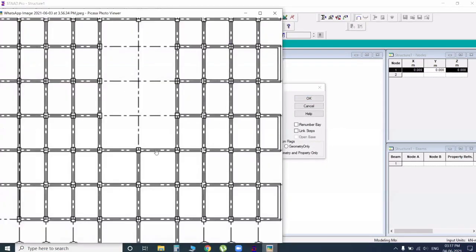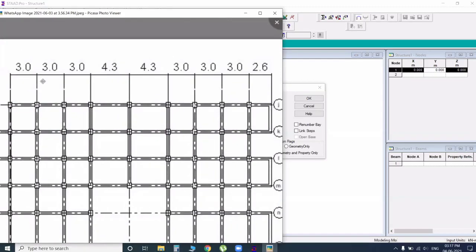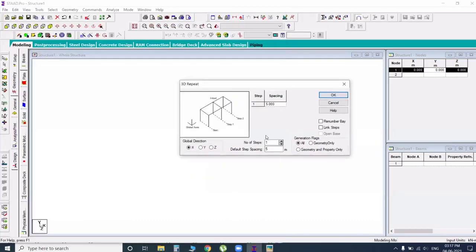Now coming to your AutoCAD file, how many bays, means steps, are here? 1, 2, 3, 4, 5, 6, 7, 8, 9. So here we have 9 steps, and each step dimension is different.